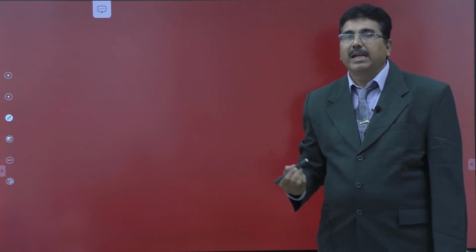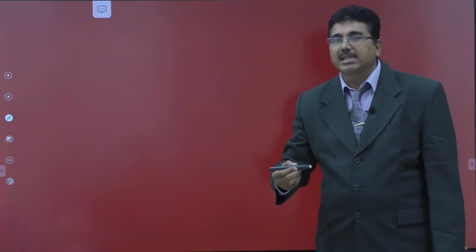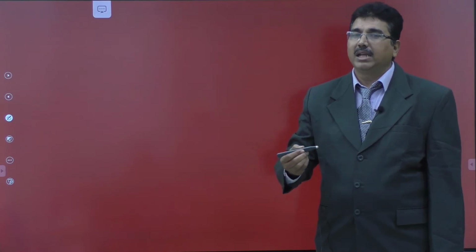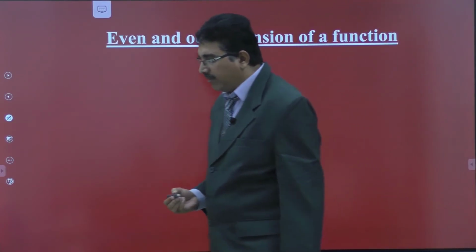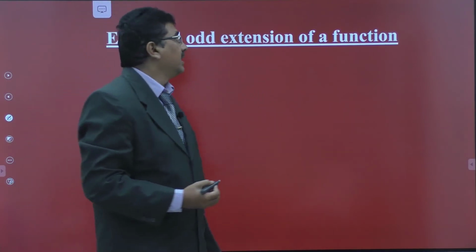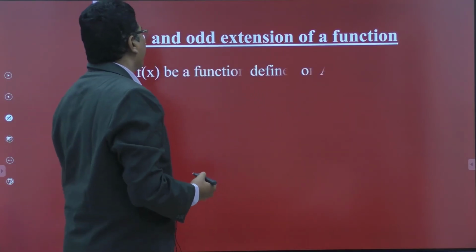Now what is meant by an odd extension and an even extension? Even and odd extension of a function.